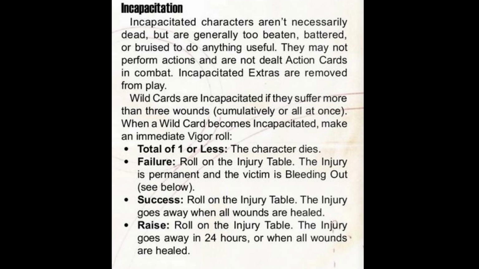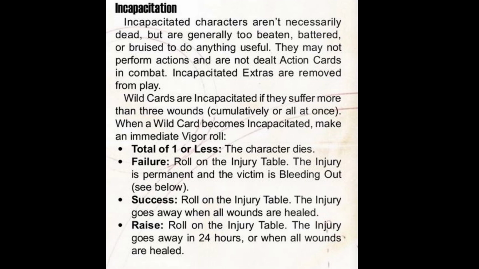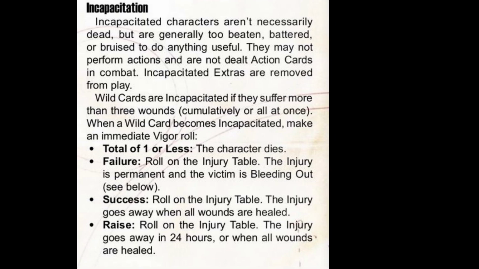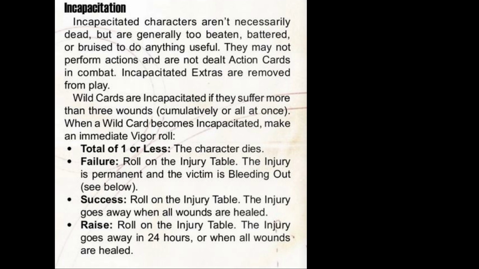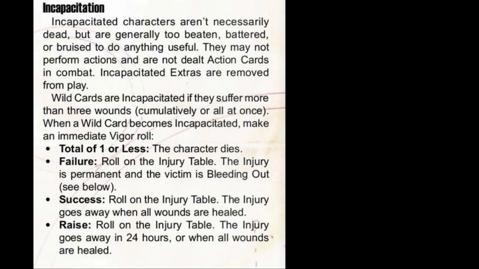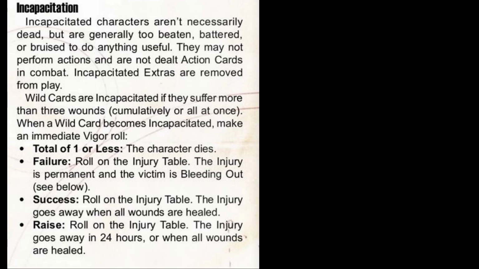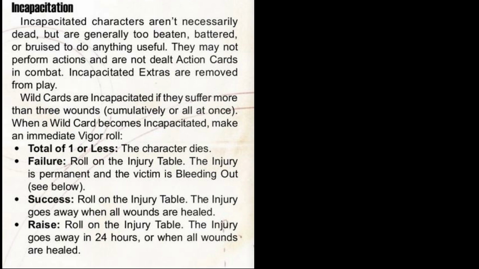Wildcard characters like PCs, villains, and unique monsters can take a number of wounds before falling. Wildcards can take up to 3 wounds and continue acting, with a -1 on all tests going forward for each wound they accrue. If a wildcard would ever reach 4 wounds, either through one massive hit or several smaller ones, they are instead set to 3 wounds and are incapacitated, and must immediately roll their Vigor attribute. Their fate is determined by the result of this test, possibly resulting in immediate death, or various injuries of various